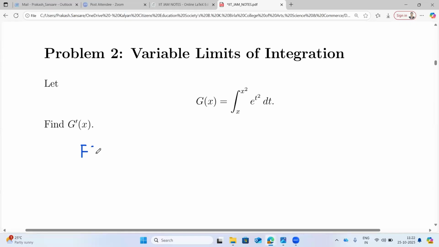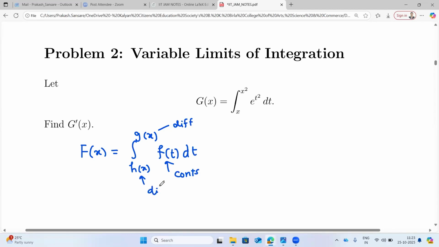If I have f of x equal to the integral from h of x to g of x of f of t dt, and if f is continuous, g is differentiable, h is differentiable,